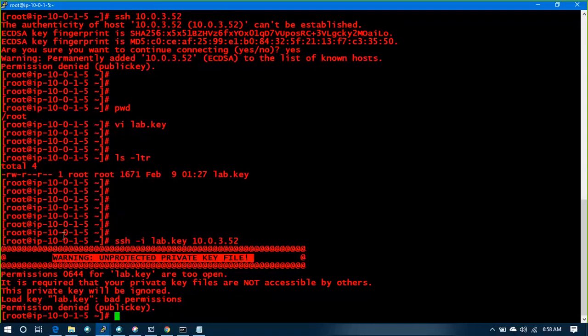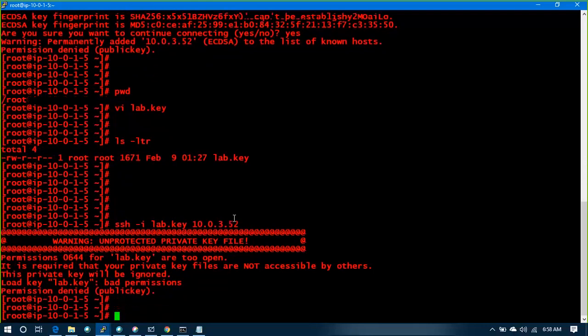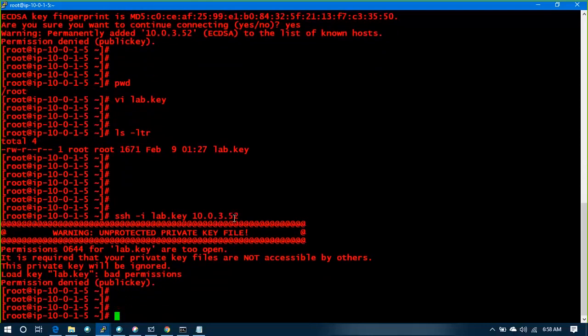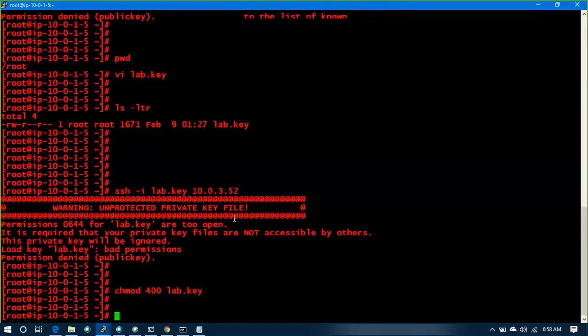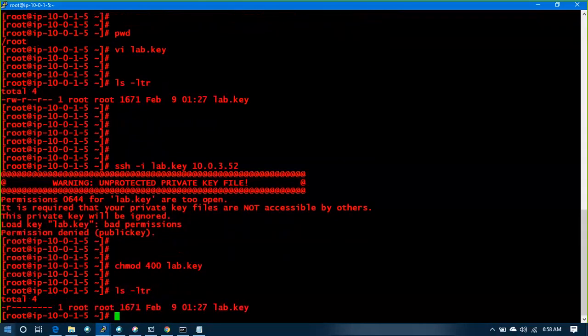So private key means if you see the permissions, the private key is accessible by root and group and everyone. They can read the file. So I want to restrict that. So how to restrict that? Chmod 400 lab key. Here you see only root can access the file. So let's try it again.